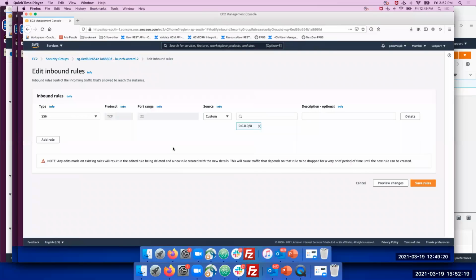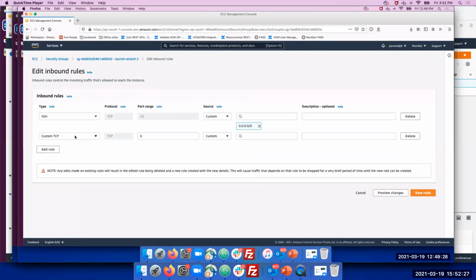For example, if you want to add a rule, we can click on add rule and select any of these. If you want to define a custom rule, you can define it.